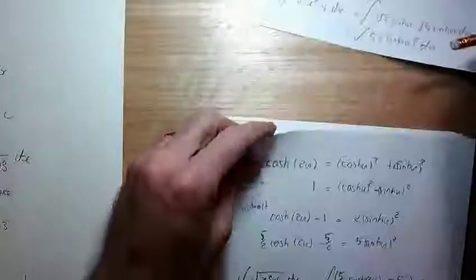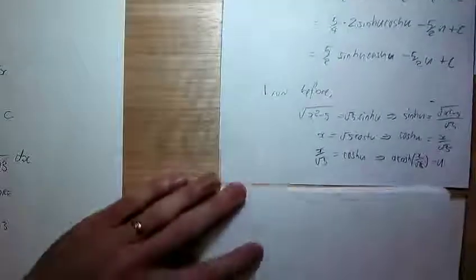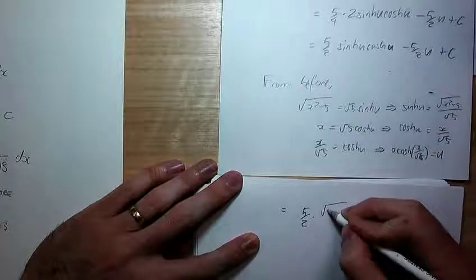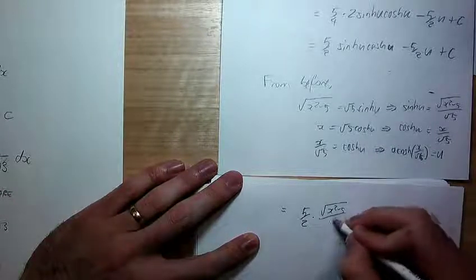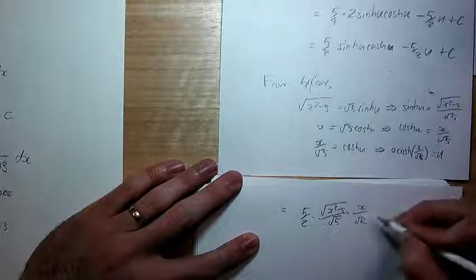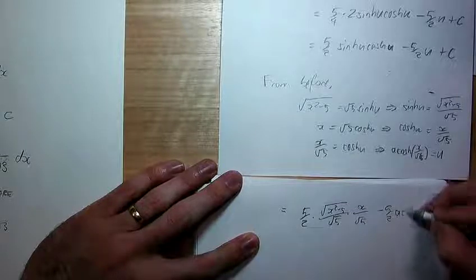And so finally, we can sub it all back in. What have we got? 5 on 2 sinh u, which is root x squared minus 5 on root 5, cosh u, which is x on root 5, minus 5 on 2 arccosh